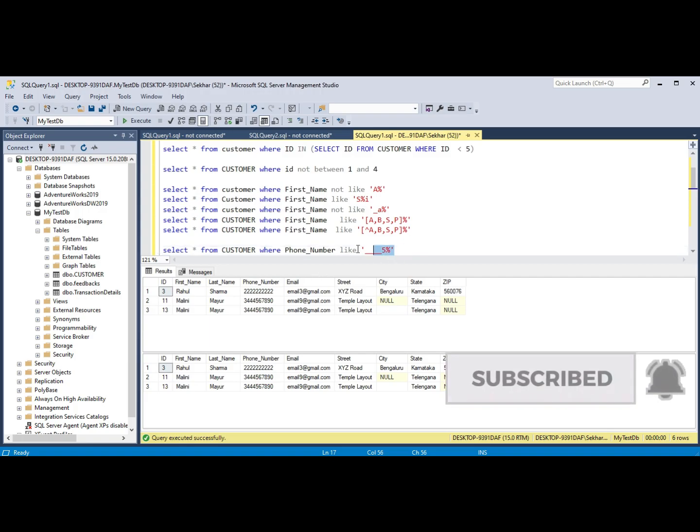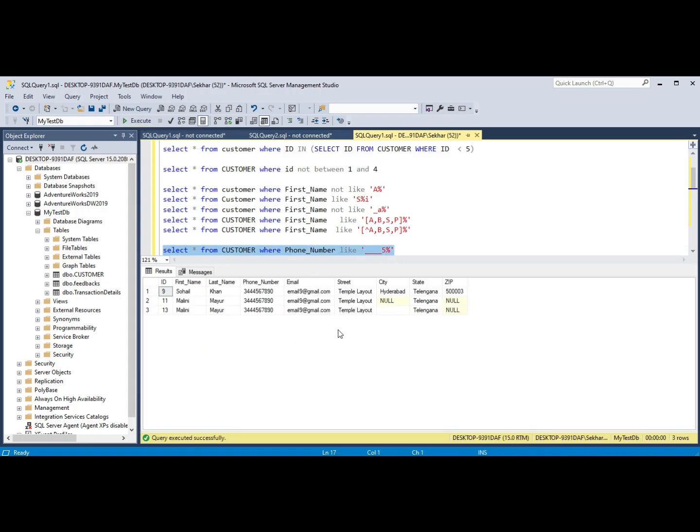If you run this query, it will give you those phone numbers in which the 5th digit is 5.